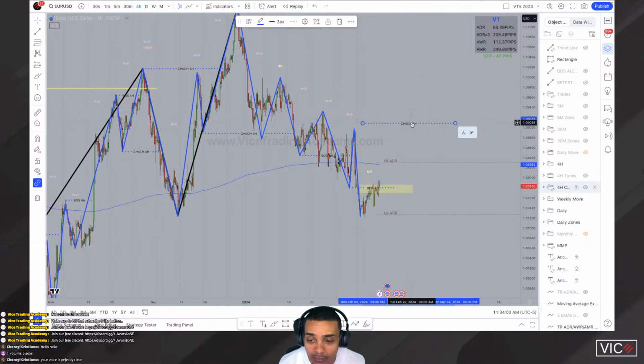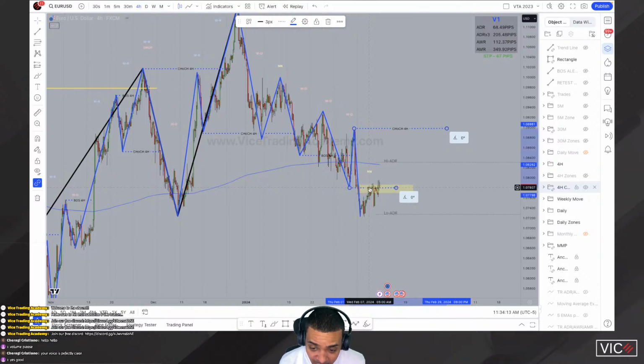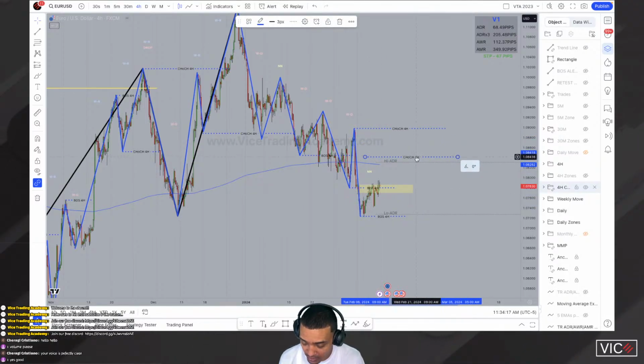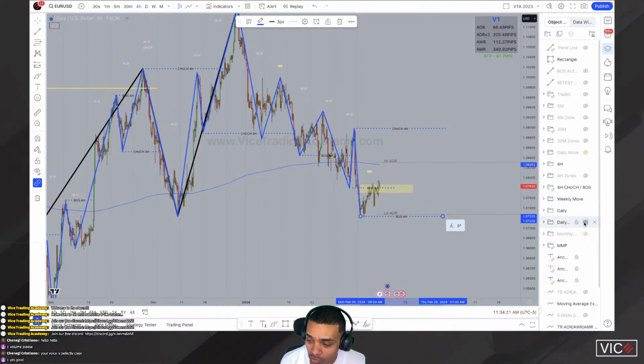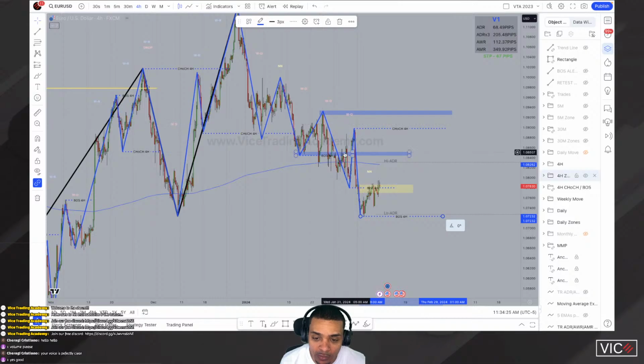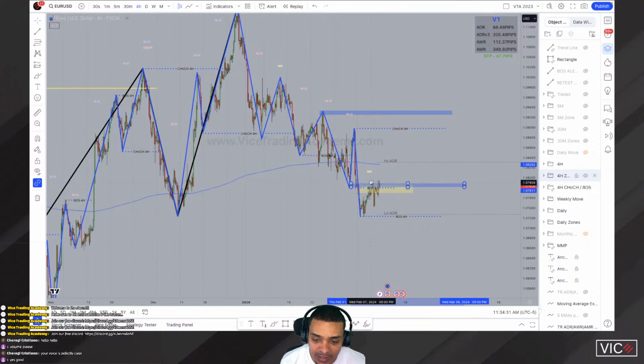It's not too loud. So in order for price to have a change, gentlemen, it's up here. Anything in between here is just the internal structure, right? So that will be the place for the change. This will be the place for the break, will be down here, right? So technically, these are our zones. If you're marking your zones the way you should be marking your zones, that's your 4 hour zone. Your 4 hour zone was here prior. Price broke out, right? So made a new high. The high is there, and this is the low,